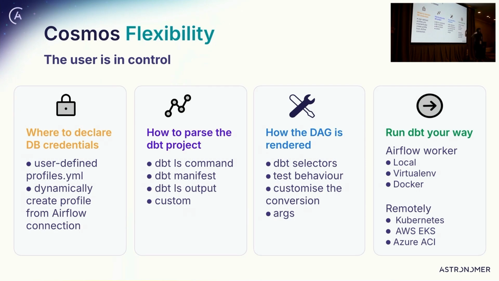Cosmos can create Python virtual envs with dbt to install for you, similar to the data flow operator in Airflow. Cosmos can also run dbt commands from within Docker containers, extending the Docker operator from Airflow. And Cosmos can delegate the dbt execution to happen in Kubernetes, in EKS, and Azure container instances. And there is more. So it's quite extensible. If you have ideas of where the dbt command could be run and we don't support, we welcome contributions there.